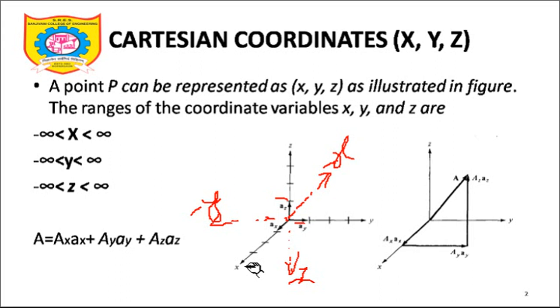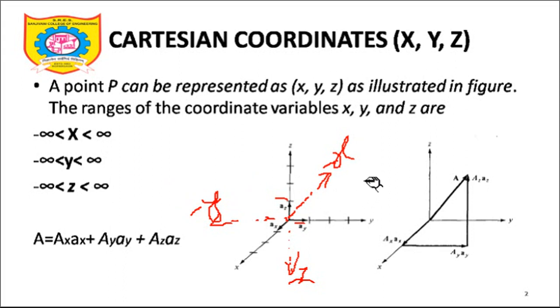A cubical structure may be the structure of a room where you are sitting right now. It may be the structure of a box which you use to keep goods. So it is having 6 faces, 6 surfaces. And if I take one of the corners, bottom left or bottom right, anyways you can consider it as the origin, then you can understand the xy plane, xz plane and yz plane respectively. So the limits of x will be from minus infinity to plus infinity, limits of y and z will be the same.